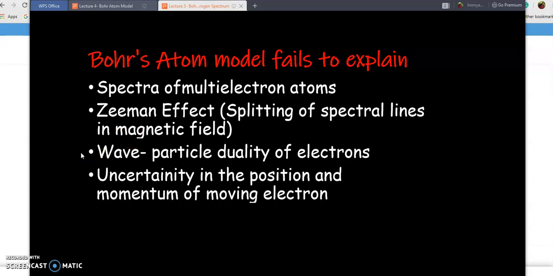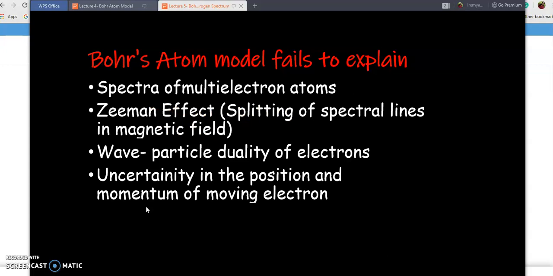Another objection to Bohr theory comes from Heisenberg's uncertainty principle. According to this principle, it is impossible to determine simultaneously the exact position and momentum of a small moving particle like an electron. The postulate of Bohr that electrons revolve in well-defined orbits with well-defined velocities is thus not acceptable. These are the failures of